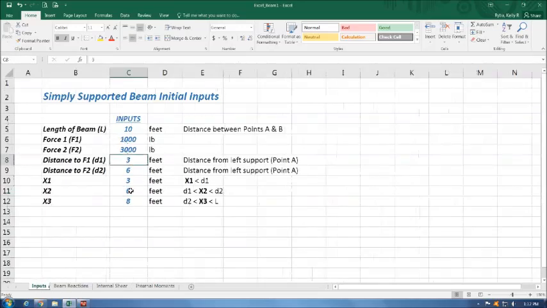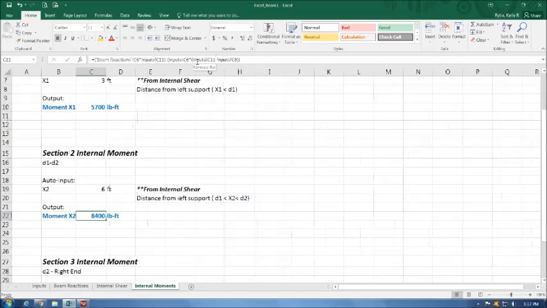C8 is D1. C11 is that X2. Notice here that I put parentheses around that because I had to subtract my X2 minus my D1 to get that difference and then multiply it by the force. So notice there's an extra set of parentheses there. Now if I multiply that out, I will get 8,400,